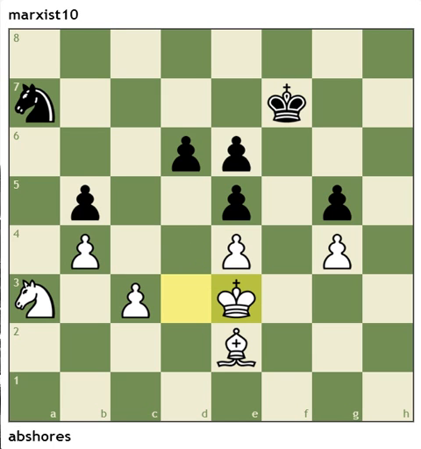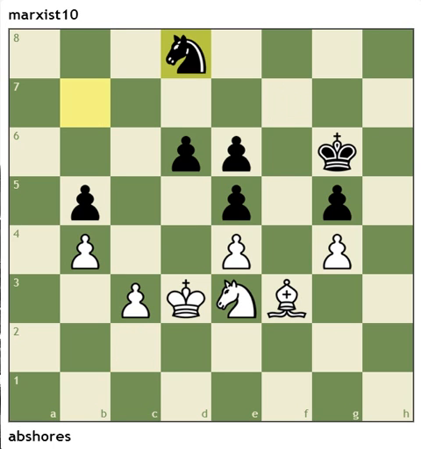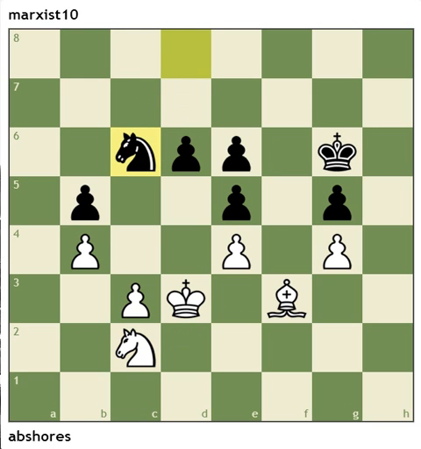So, let's see. Try to find the exact move we're at among the nested variations. Let's see, played knight there, and then is this the, no, this is not the variation. That's one thing I hate about the way chess.com's